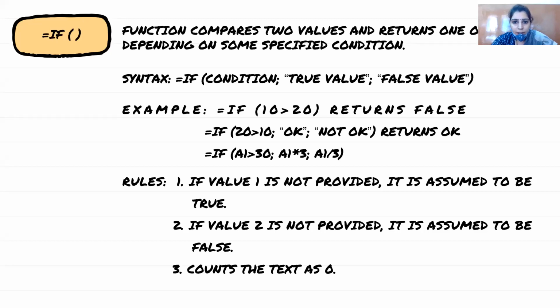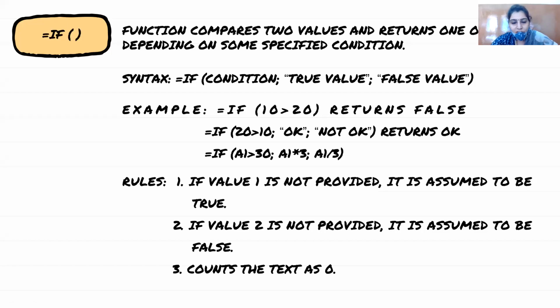Now look, I have given a condition: equal to IF 10 greater than 20. What does that mean? क्या 10 20 से बड़ा है? The condition is true or false? The condition is false, right? When the condition is false, the false part will get executed. That means the third part. When the condition is true, the second part will get executed. That is the true part. Now you can see in my example, I have given only the condition.